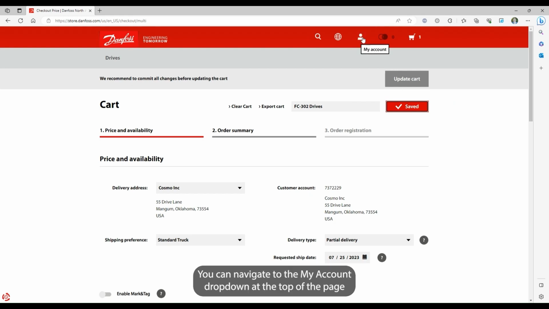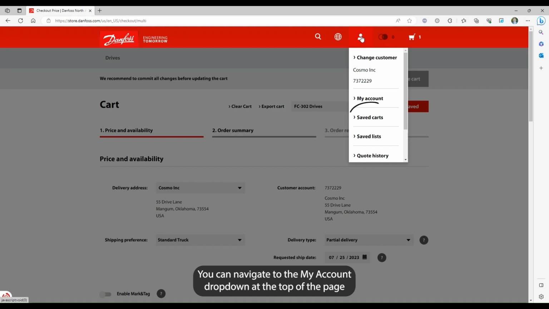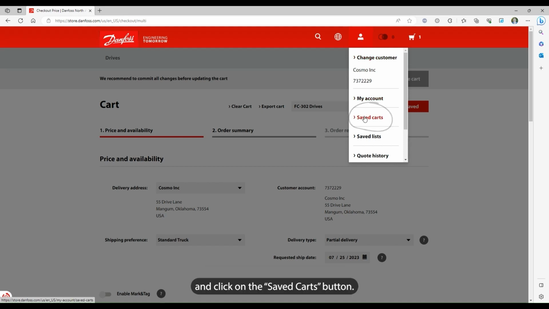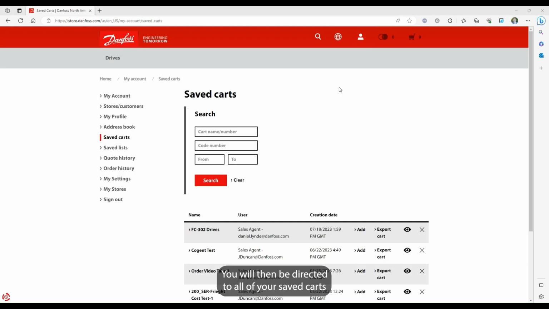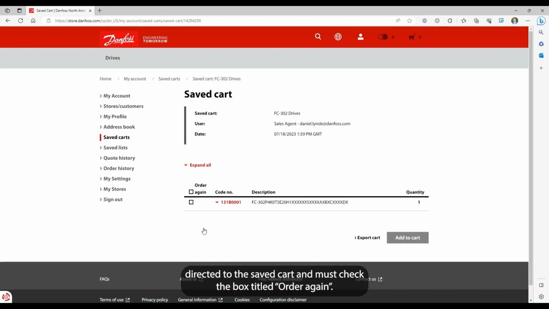You can navigate to the My Account drop-down at the top of the page and click on the Save Carts button. You will then be directed to all of your saved carts and are moments away from ordering those items instantly. After you select the saved cart you wish to order from, you will be directed to the saved cart